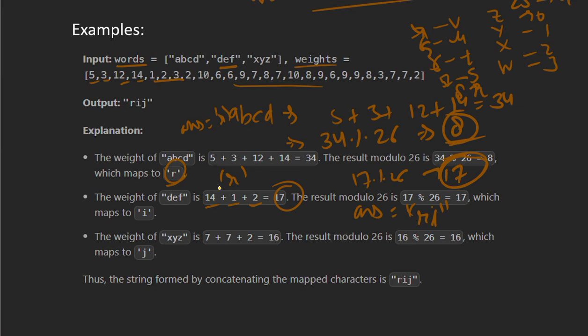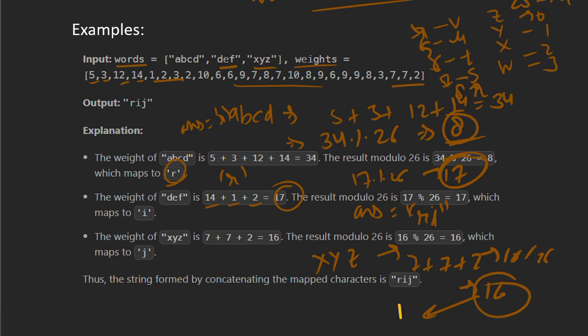Then we have the third string xyz. The total weight of xyz is 7 plus 7 plus 2, which is 16. And 16 modulo 26 is also 16. When we map this, we get j. So we get our whole string as rij, and we return this string as the answer.